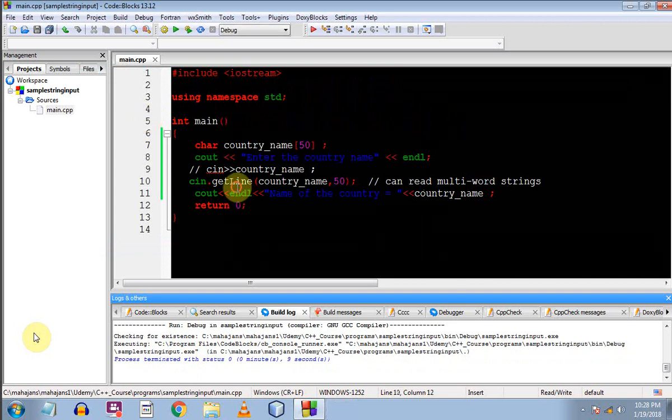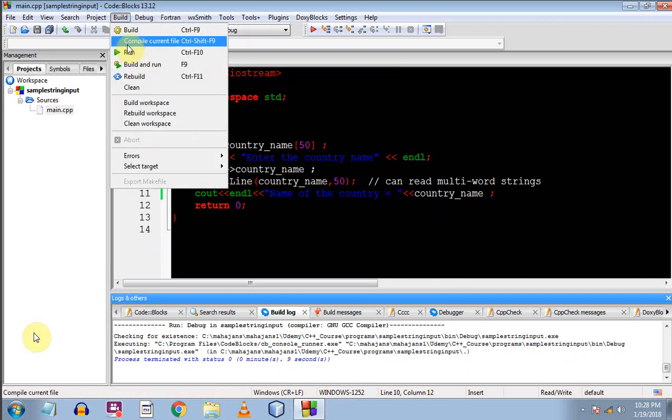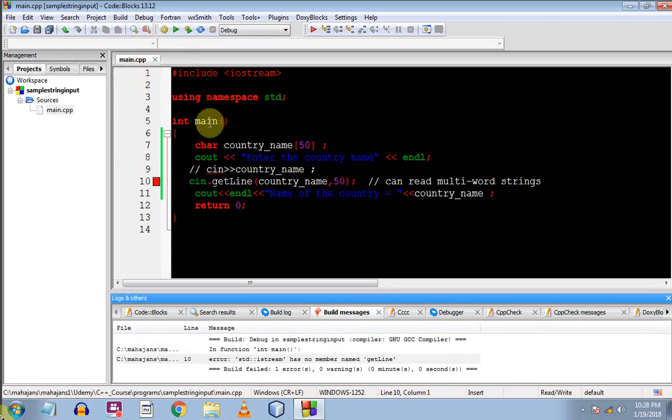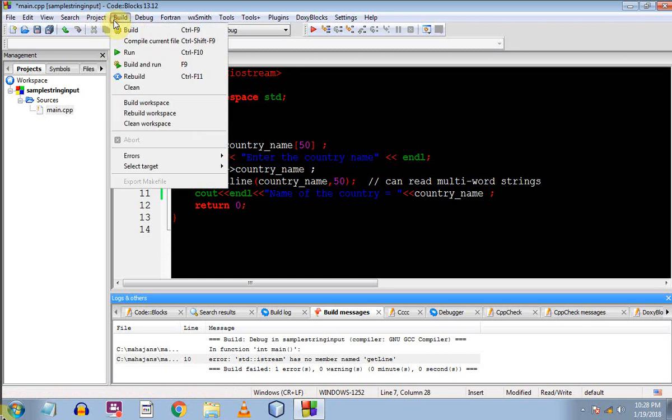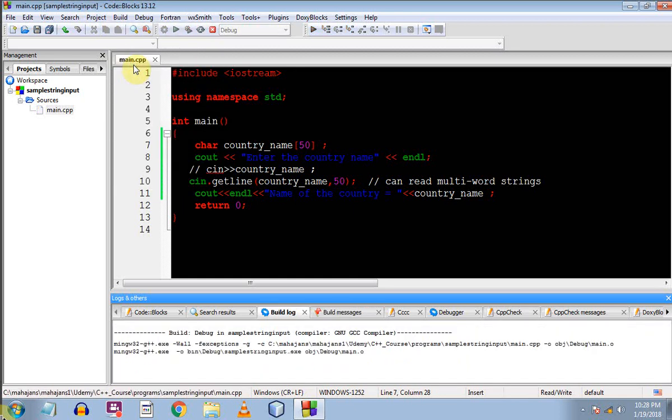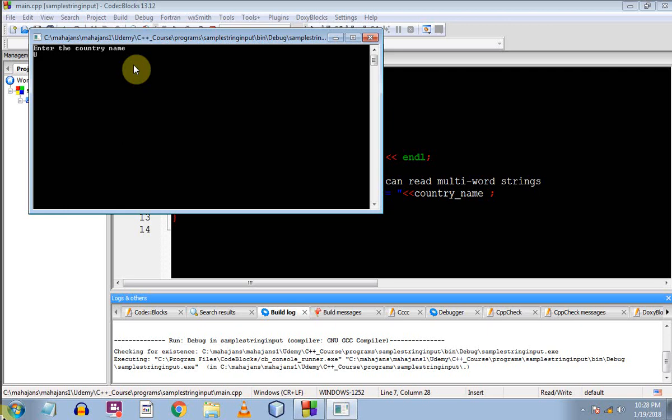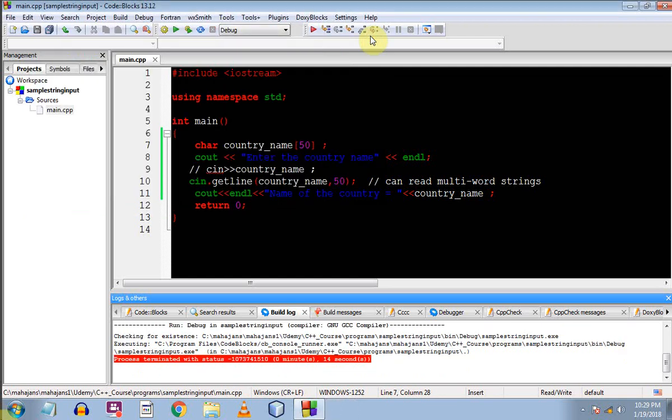Oops, I think there is some problem with the code. Okay, let me execute again. There is some problem. I think as far as getLine is concerned, L should be small. Okay, now the program should run in a perfect manner. Yes, now I am going to give United States of America. See, the output is quite good. United States of America. Now this multi-word string is printed because instead of using cin we have used